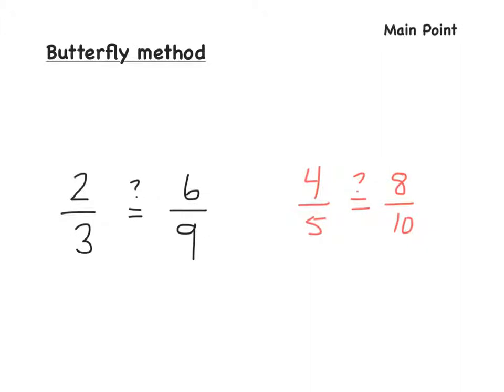So now what we have here, over here, are 2/3 and 6/9. I'm trying to see if these two ratios are proportionate, and by proportionate, I'm wondering if they're equal. So the one thing that I want to teach you right now is called the butterfly method. They call it the butterfly method because when you do this, it kind of looks like a butterfly. So the very first thing that you do,